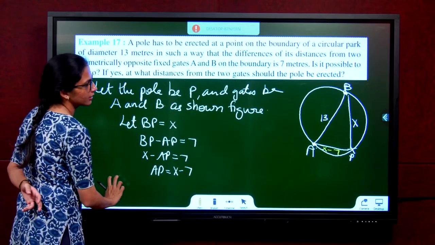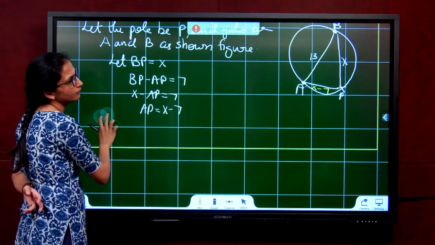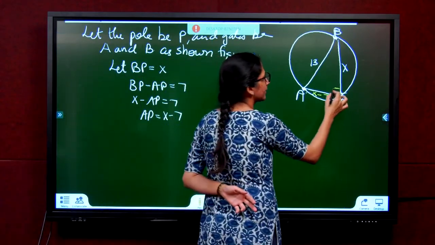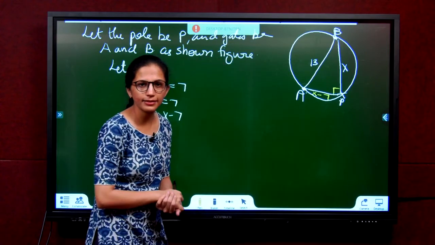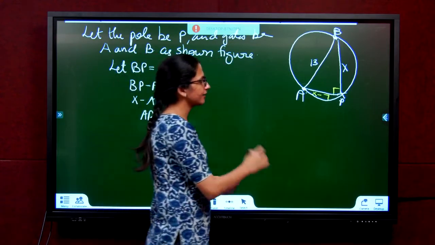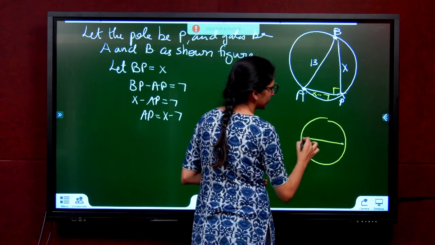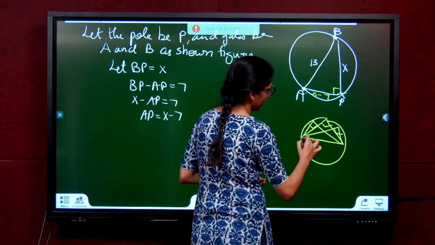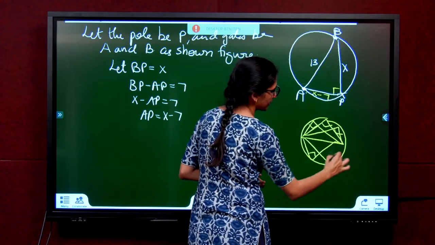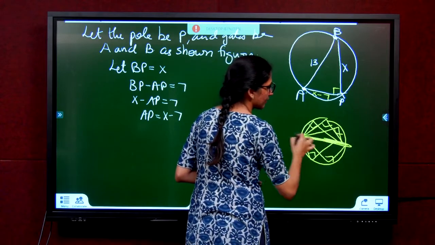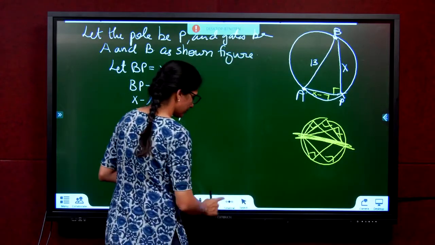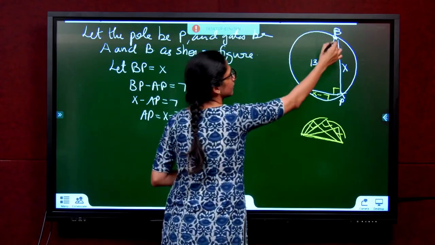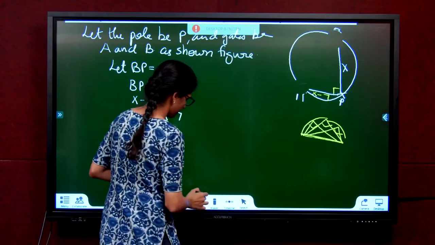Now, can I apply Pythagoras theorem to that triangle? Yes. Why? How do you know that this angle here is 90? Angles in a semicircle is 90. For those who do not know, this is in your lower classes. You must have learnt it in your 9th or 8th grade. Angles in a semicircle is 90. This is a semicircle. So if you take this, angle is always 90.